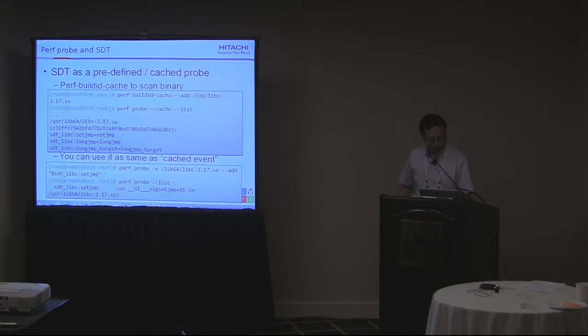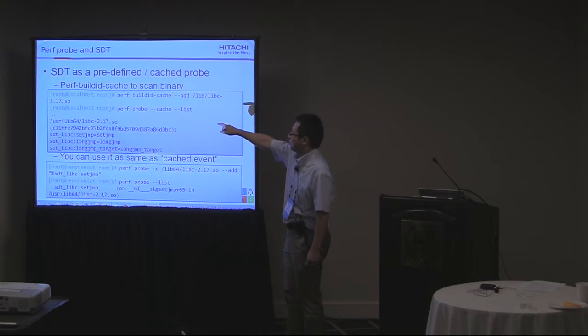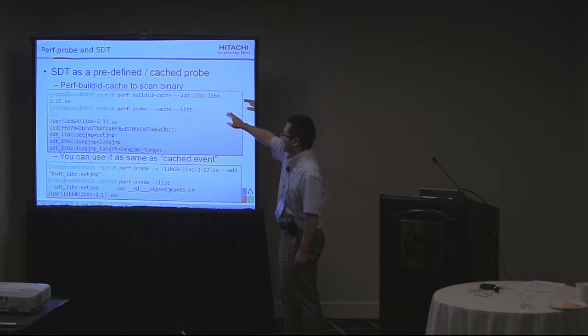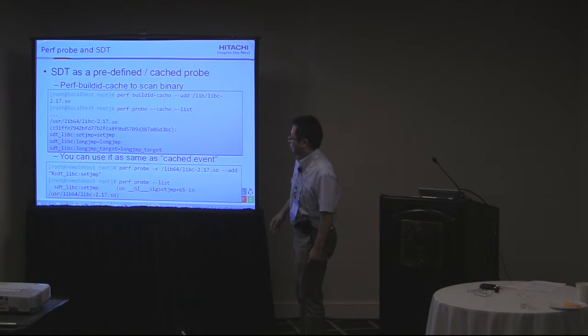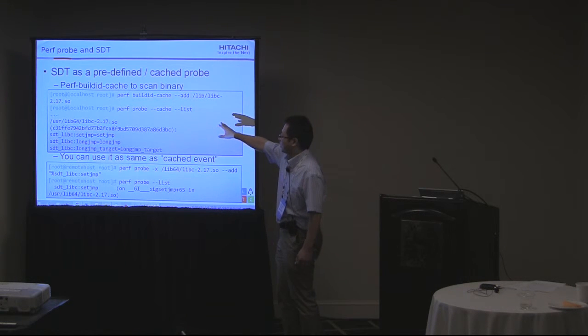Currently, we are trying to support SDT in Perf-probe as a predefined cached probe. With perf buildid-cache adding the target binary, it automatically scans that binary, gets the SDTs inside it and caches them. So you can see that the Perf-probe cache list